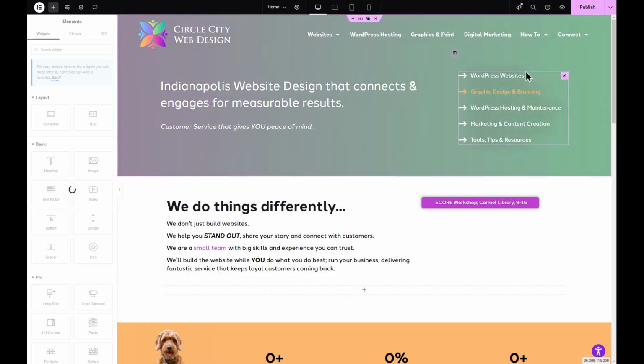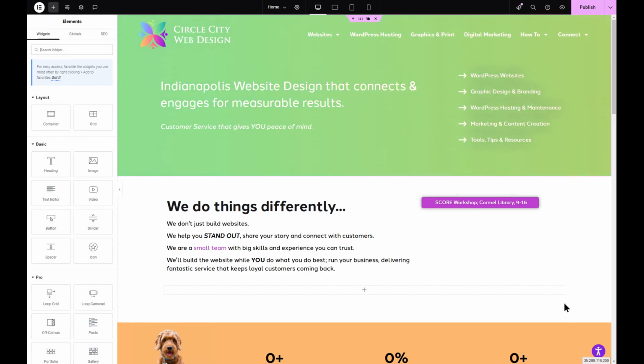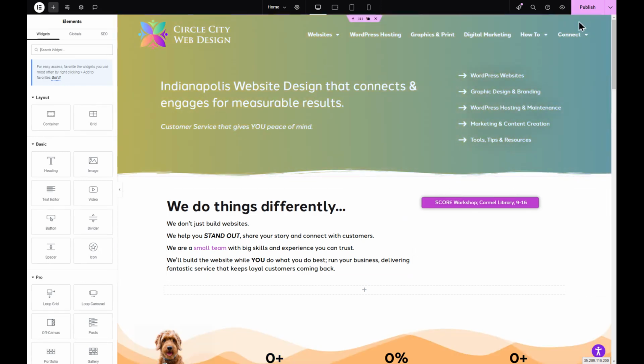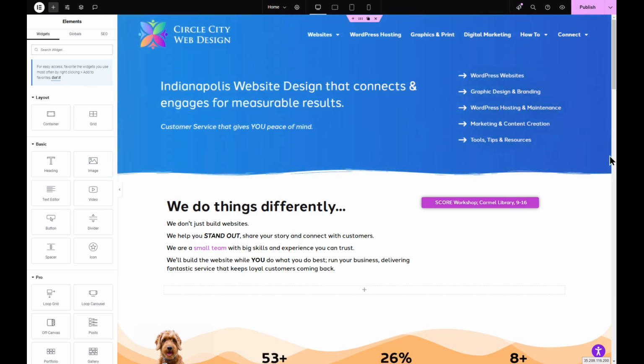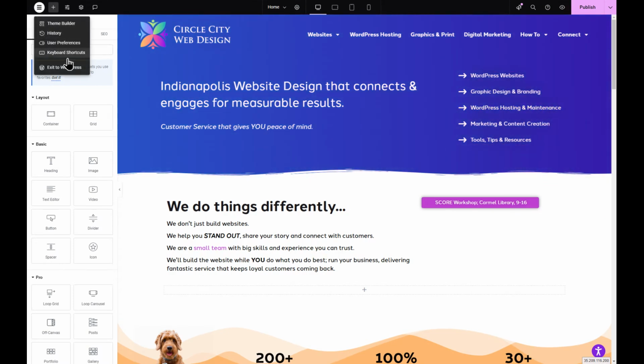So what if you look at this and you're like, I don't want anything to do with this? I will do a deeper dive into this a little bit later, but what if you just don't want to have this view and you want to go back to the old Elementor? What you'll do is go up here and exit to WordPress,